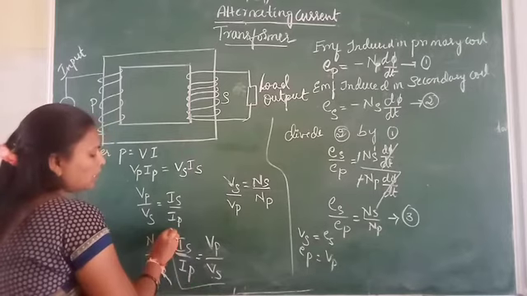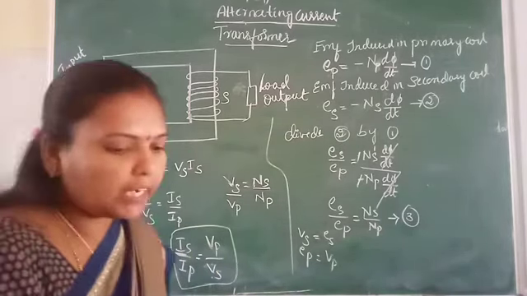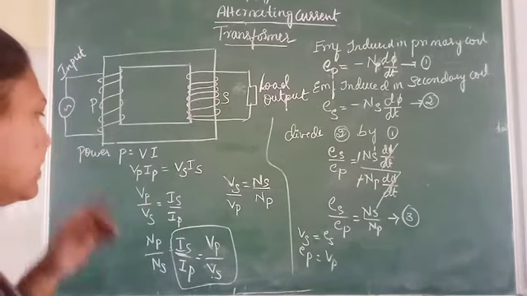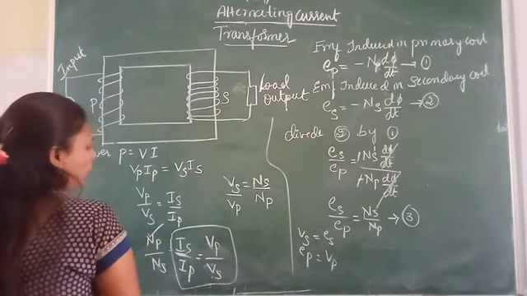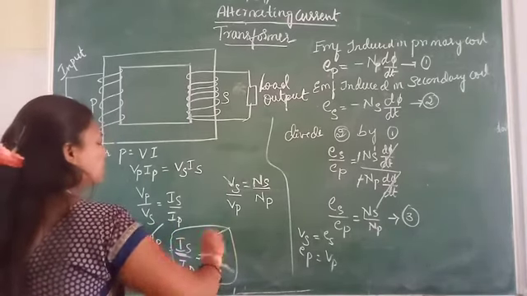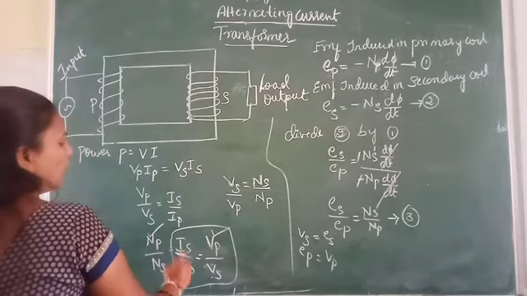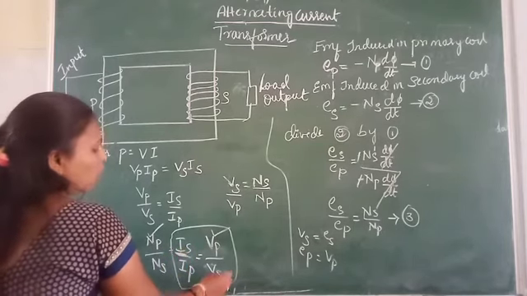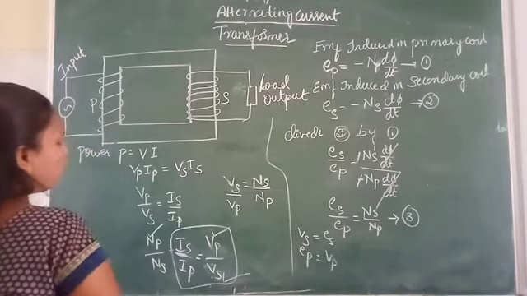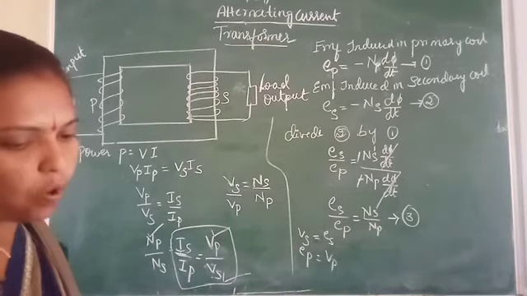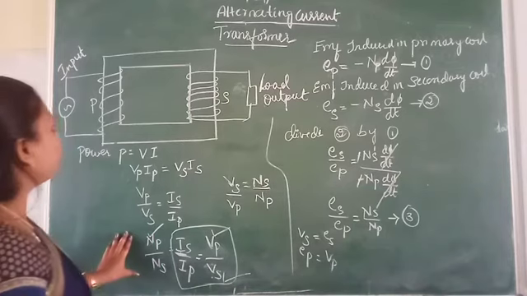So this is the relation between the current and the voltage in the transformer. It depends on the number of turns in the primary coil and the voltage in the primary coil, when the current is given to the secondary coil. When current is given in the primary coil, voltage can be seen in the secondary coil, and the number of turns can be induced in the secondary coil. So this we can take as the working expression of the transformer.